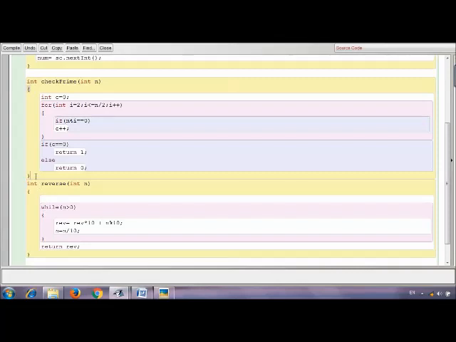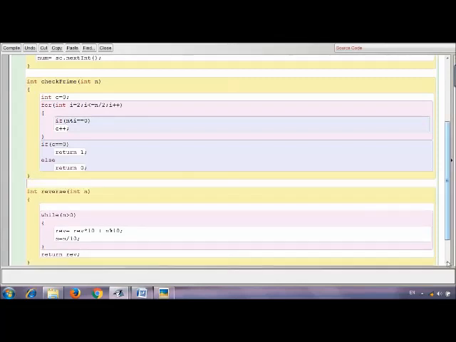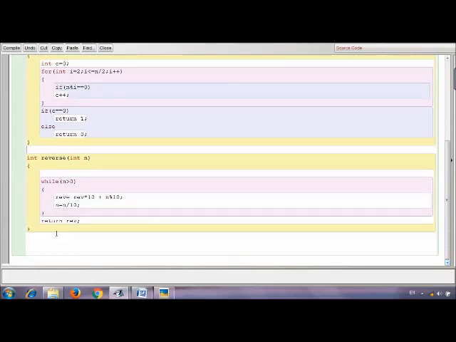The reverse function, as the name suggests, is for finding the reverse of a number, right? So it is getting stored in the class variable rev, right? Please see the while loop. We are using a while loop to reverse the number, right? Inside the while loop you can see that n is equal to n by 10, just to make sure that the loop will execute only a finite number of times.